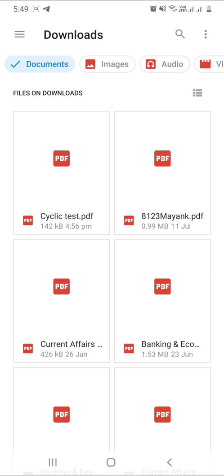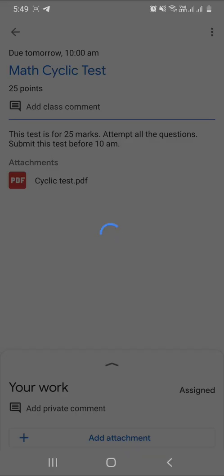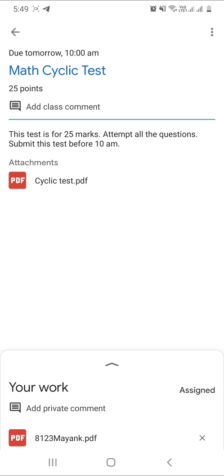There is a file called 8123 mayank.pdf, right? This is the file name. This is how I have renamed the PDF file of my answer sheet. So I am going to click on that. If I click on that, it will get attached to this. Okay, so it has now been attached.